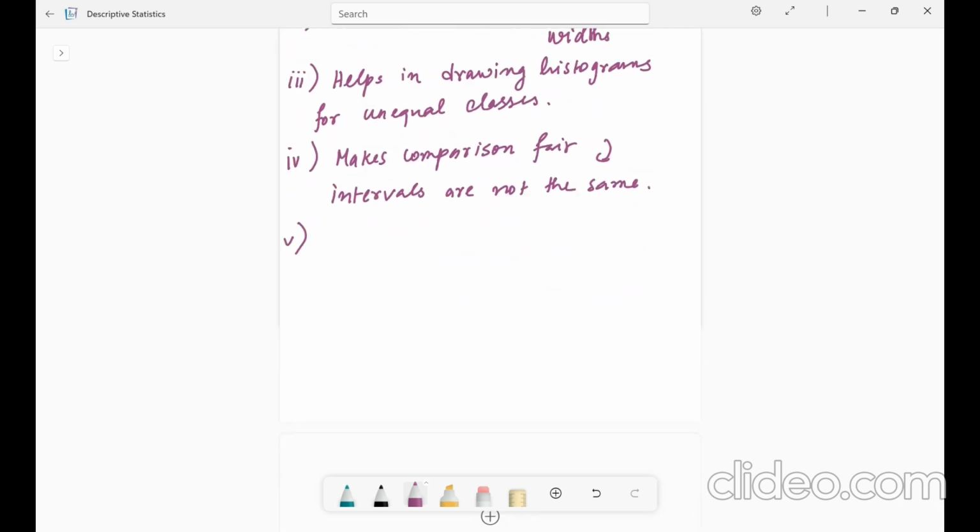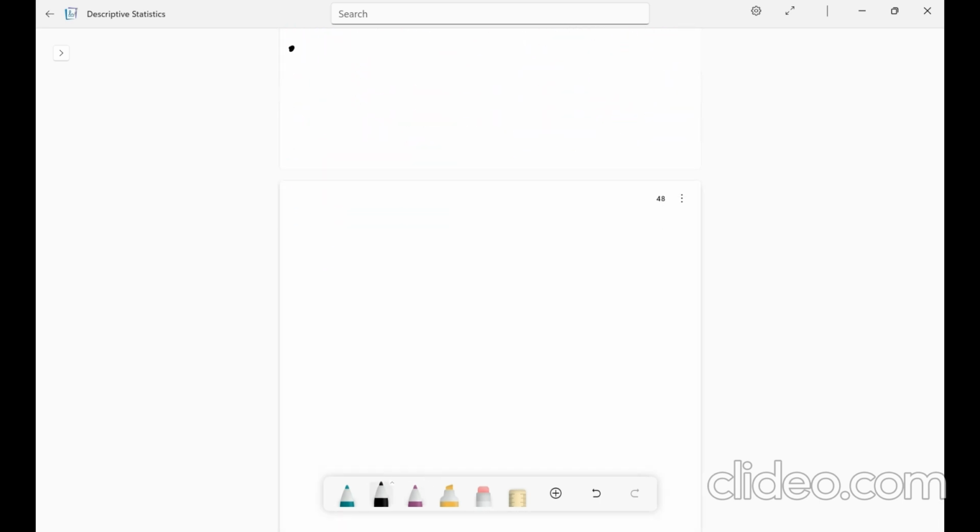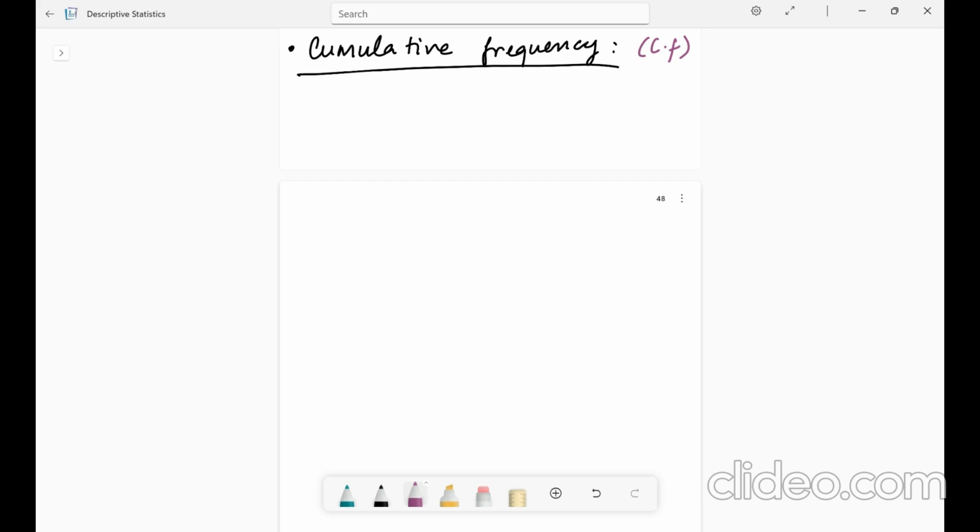And point number 5 is it gives a more accurate picture of data distribution. Basically, it's like adjusting pizza slices so everyone gets a fair share. Alright, coming to our next topic, which is cumulative frequency. What is it? Cumulative frequency, or like CF as we denote it, this is like keeping a running total of